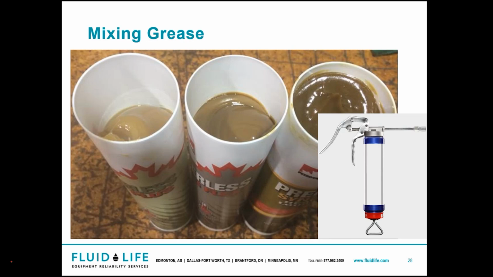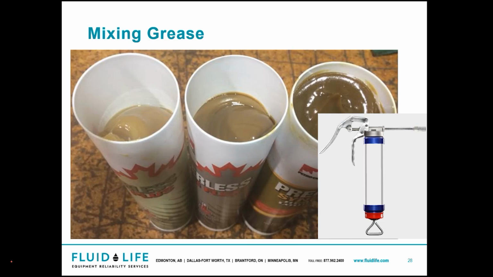We've had customers do it before, where you take two different greases and try to mix them together on even just a little plate or something. Sometimes they can blend properly. Other times it almost becomes like a really hot bubblegum stringiness and very hard to work with, or it almost